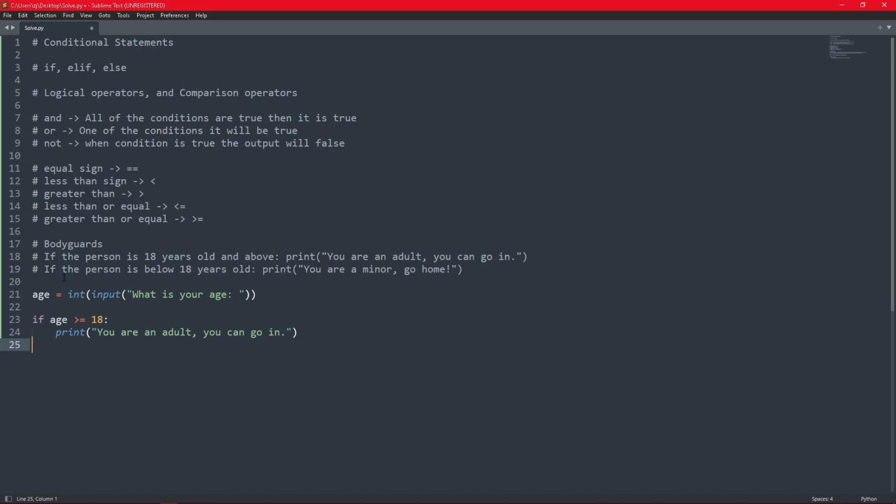Now, we also need to know if the person is below 18 years old. So we have elif. We're going to use the elif because that person is just one, right? There is only one age in a person, so we don't need to look at this if the condition has been met already. So if age is less than 18, or less than or equal to 17, but I just kind of like this, so we have age is less than 18, so we're just going to print you are a minor, go home,